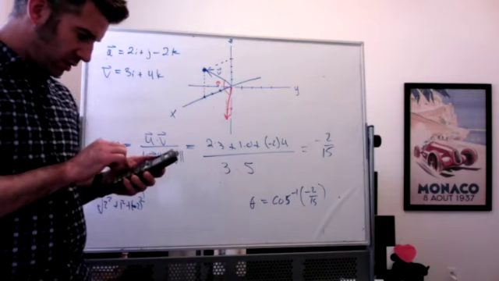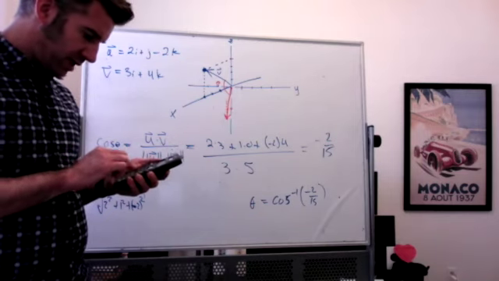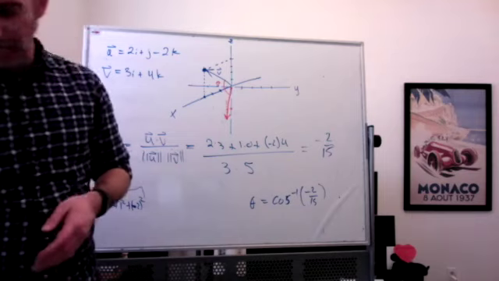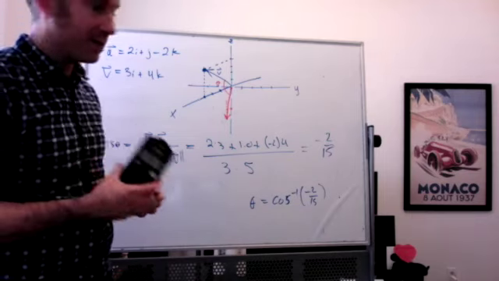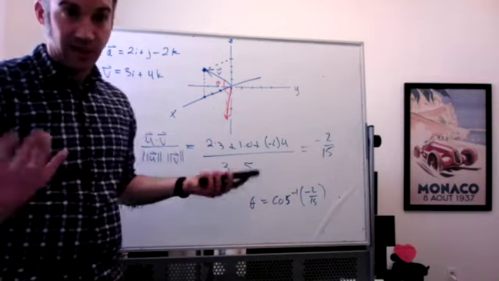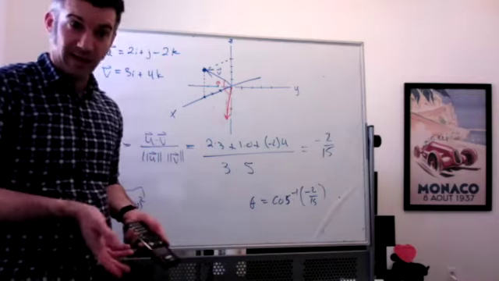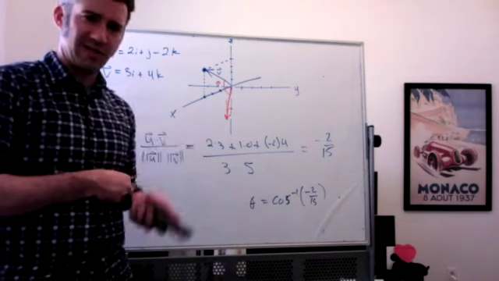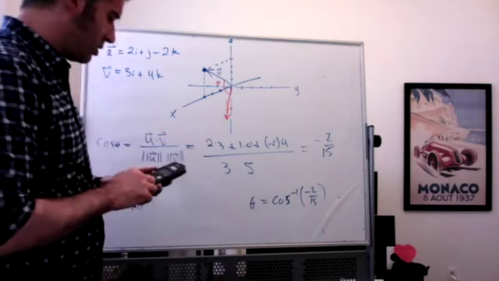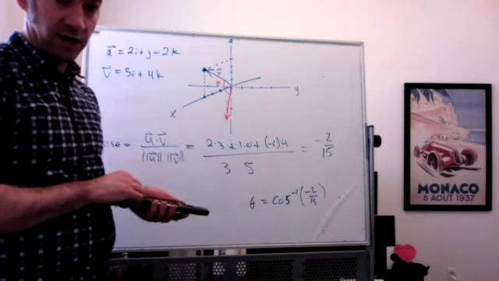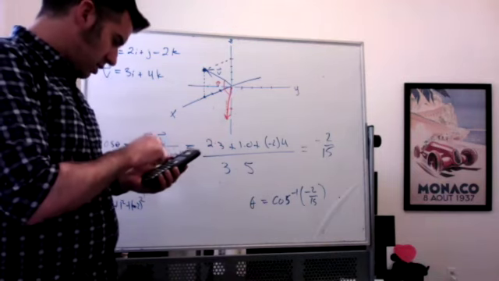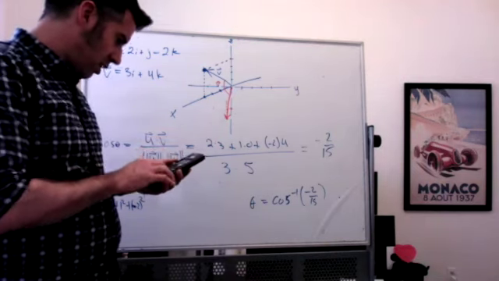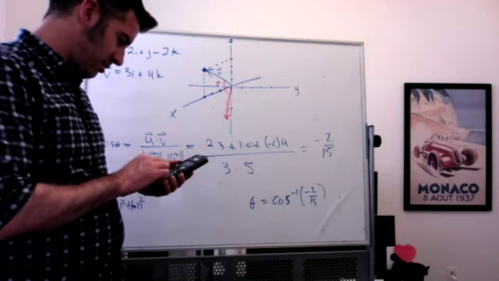So the inverse cosine of 2/15 is approximately 80. That doesn't seem right. Oh, I did 2/15, not negative 2/15. So that's why it's good to know, to catch a dumb mistake like I just made. I shouldn't get 82 degrees. I just said it should be an obtuse angle. It should really be about 108 degrees. No, I think about 90 degrees. Let's check. So the inverse cosine of negative 2/15